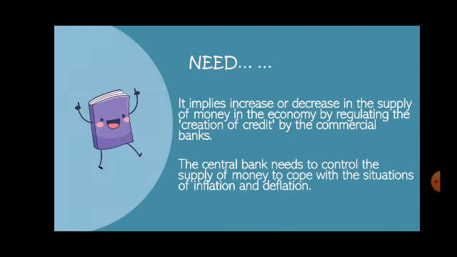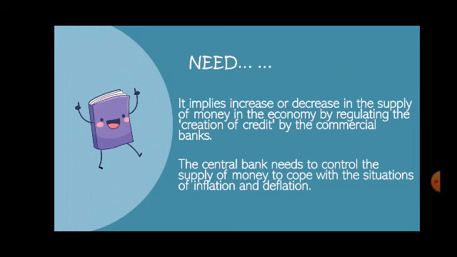Why is monetary policy needed? Monetary policy basically means an increase or decrease in the supply of money in the economy. It is done by regulating the creation of credit by commercial banks. Central banks need to control the supply of money in order to cope with different situations in the economy